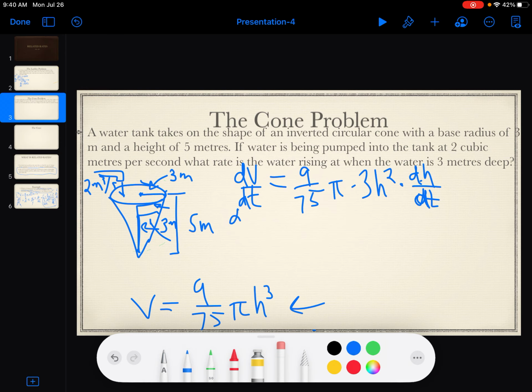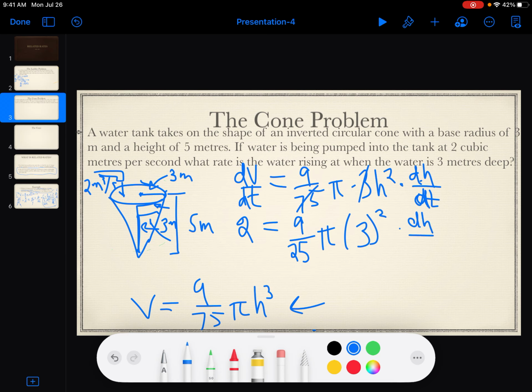So now it's just a matter of substituting in values. And so we know what dV by dt is. It's given to us. It's 2. And, well, these simplify down to just 9 over 25 pi. And h, well, we want to know how fast the water is rising when the water is 3 meters deep. So that's 3 squared. And we're looking for dh by dt, how fast the water is rising. So I'm going to erase this. So it's